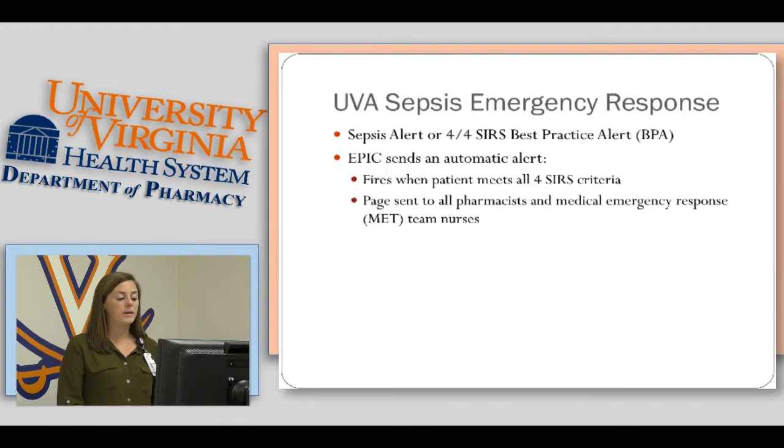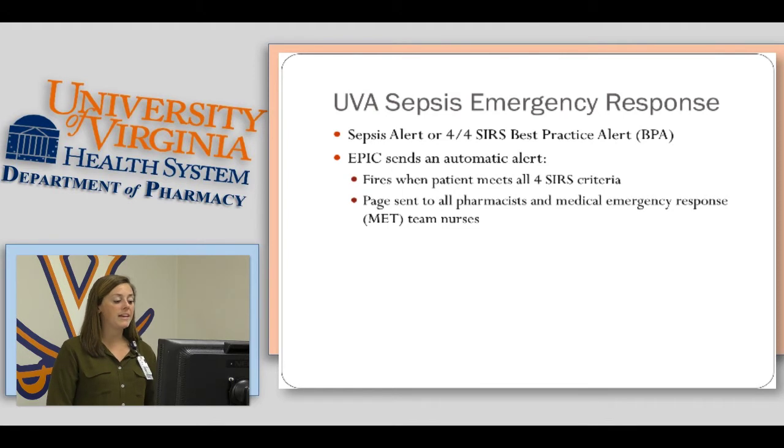So here at UVA, we have what we deem the sepsis emergency response system, where a sepsis alert fires, or a 4 out of 4 SIRS best practice alert, or BPA. And what happens is when a patient meets 4 out of 4 SIRS criteria that we talked about earlier, so a white blood cell count meeting the criteria, a heart rate meeting the criteria, a respiratory rate, or a temperature, if they meet all 4 of those SIRS criteria, then EPIC actually recognizes this and fires a sepsis alert, and